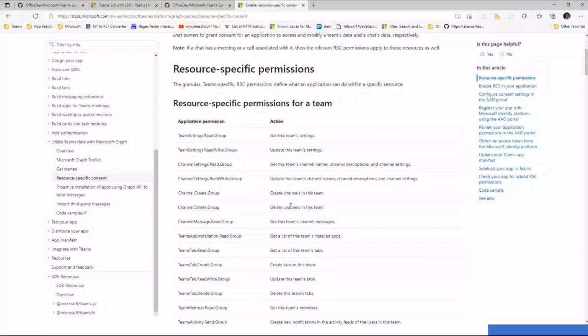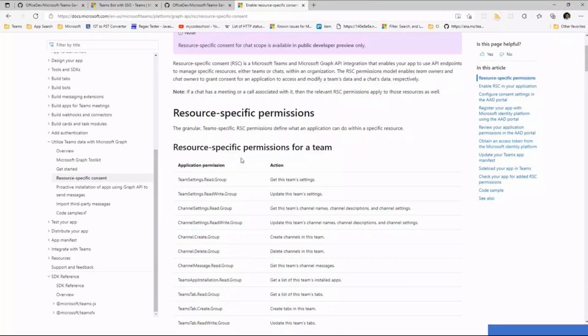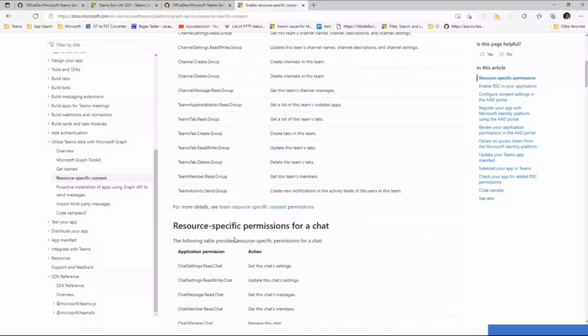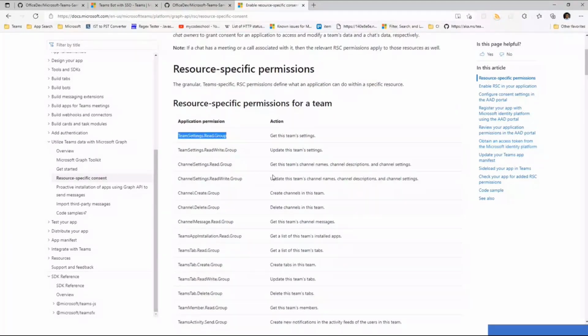Instead, the team owner can consent to these permissions, and all these granular permissions are listed and included in the manifest, so that whenever the team owner is installing the app to the team, they'll see what permissions they have, and your bot or any app would start getting this access token.